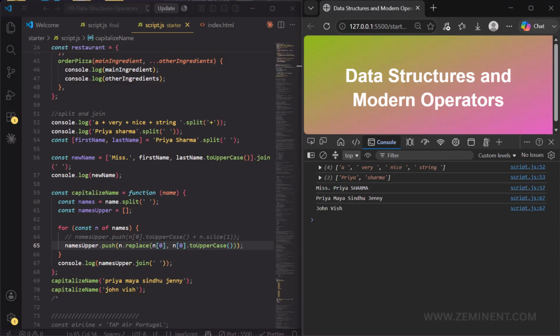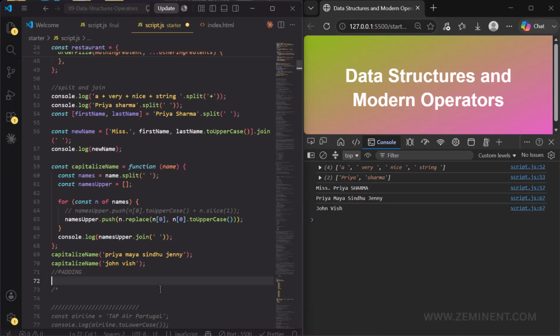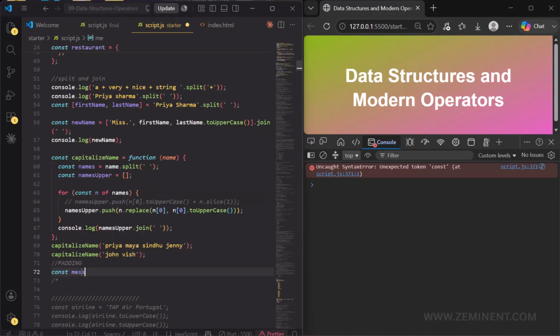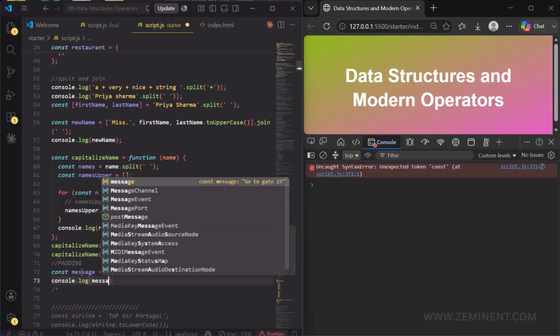Let's talk about padding a string. Here padding a string means to add a number of characters to the string until the string has a certain desired length. Now let's write here padding. Let's write const message that is equal to, give that string go to gate 23. And then console.log, I'm using here message